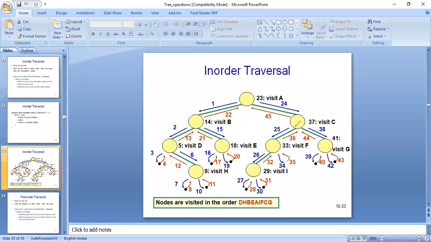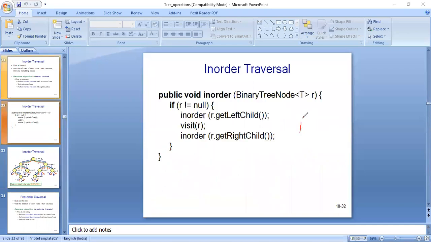I'm taking the previous example again. We are having root node A, then we are having B, D, and E here. Afterwards, we are having C, then F.